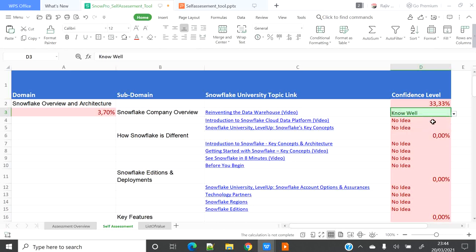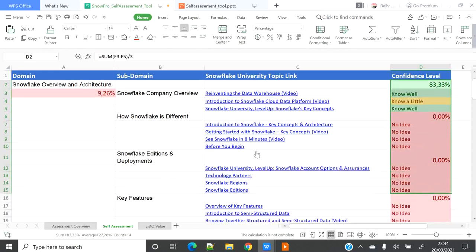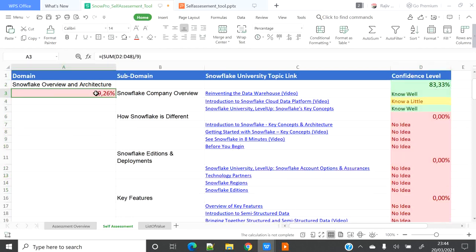Based on what you select, your percentage of confidence for a particular module or subtopic will keep changing, and the entire confidence level of a particular subsection will be accumulated into the main topic here.